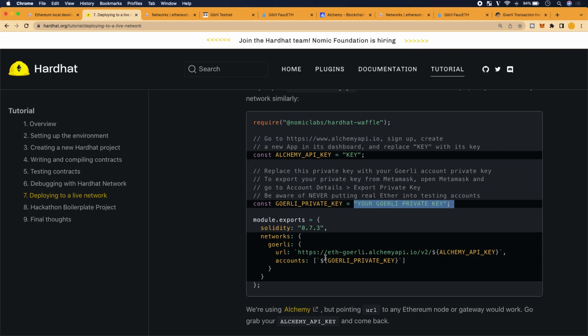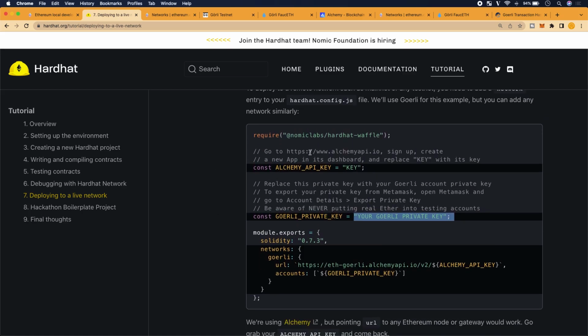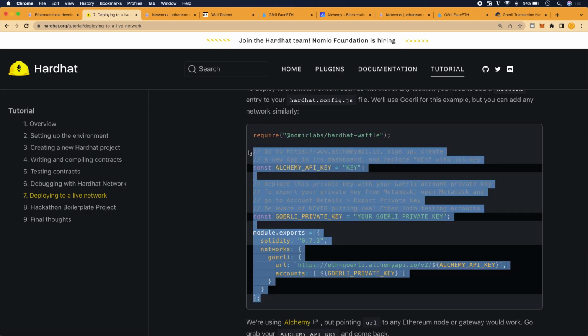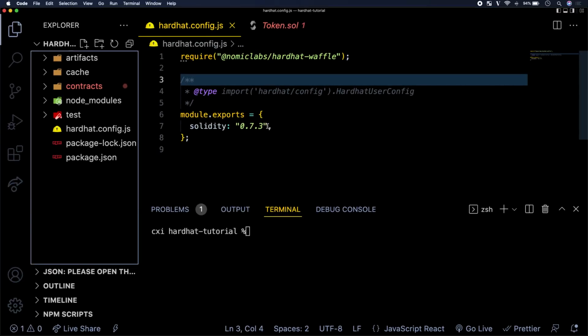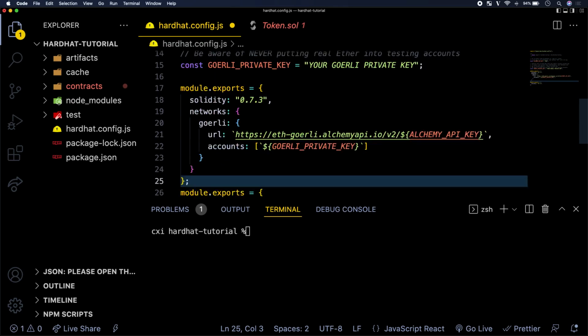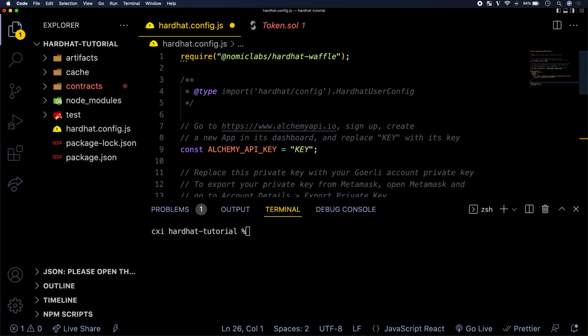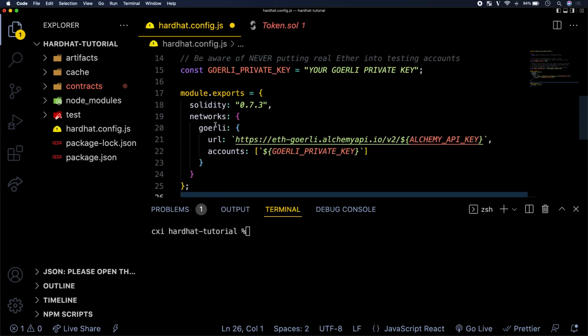So this code here is going to go into our Hardhat config file that we set up earlier in the series, and we're just going to put all this stuff down here. Okay. So that's pretty much it. Now what I'm going to do is add